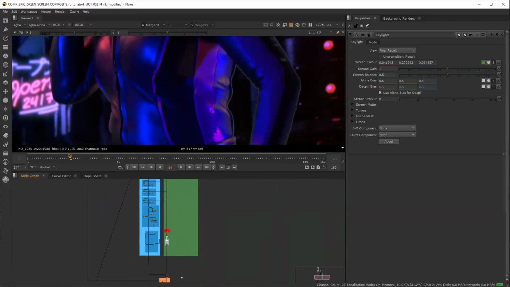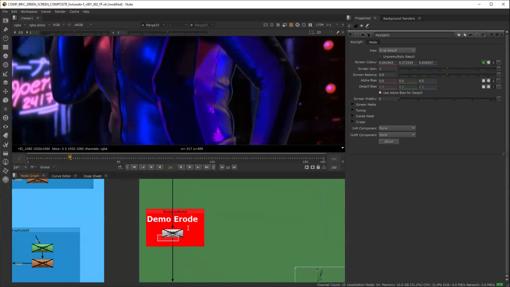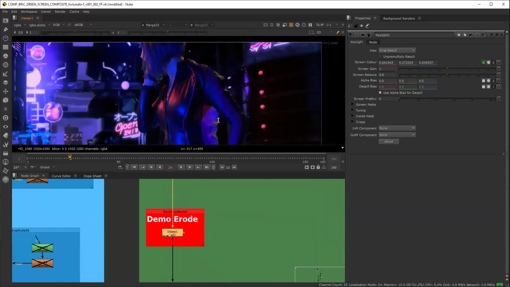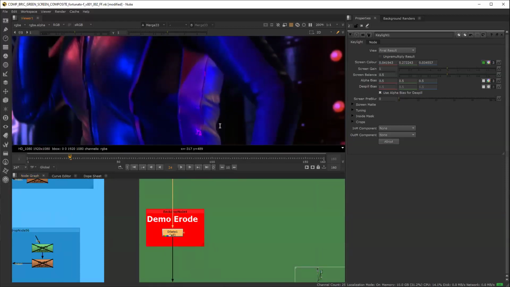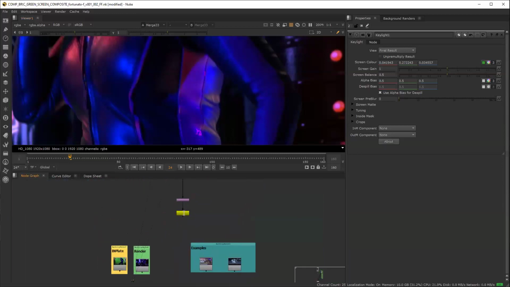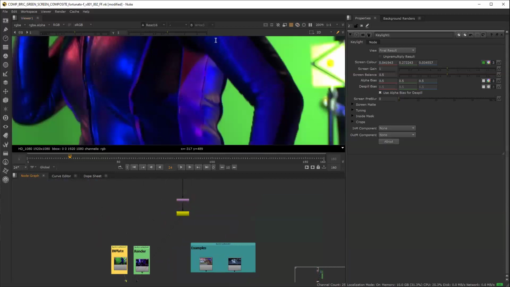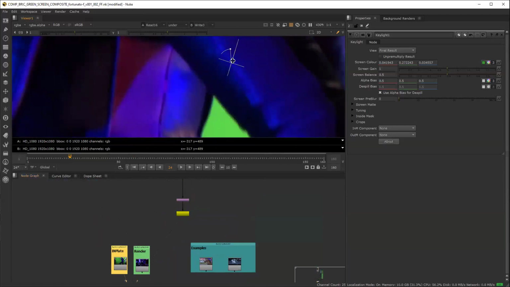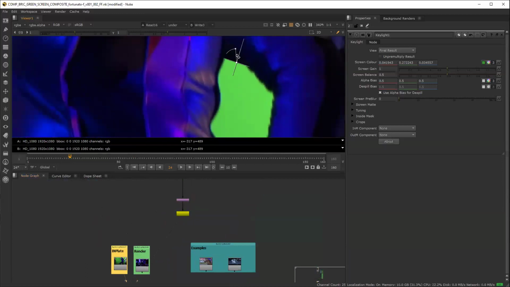Sometimes people may do this, which is just erode the matte, and by eroding the matte, you can see that I got rid of that edge. You never want to do that. The reason why you never want to do that is because when you go look at the final version of this, if somebody checks that or ABs it next to the original, which I'm going to do right now, you will see that